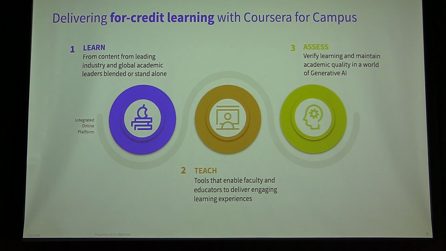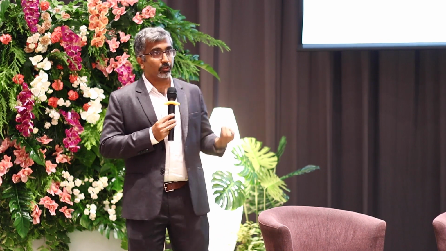And finally, for us to be able to deliver a program on a campus, we need to make sure the assessments are strong, right? Because it is important for us to evaluate the outcome of the learning that has happened in that semester or in that term, right? So that for us is the full life cycle of what we need to deliver